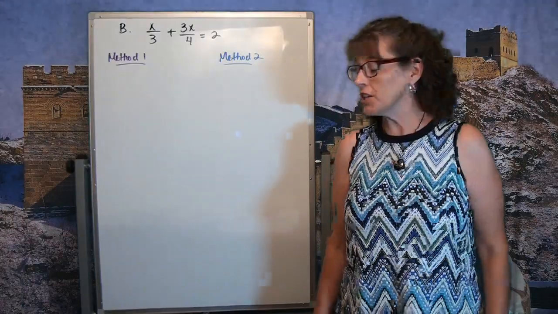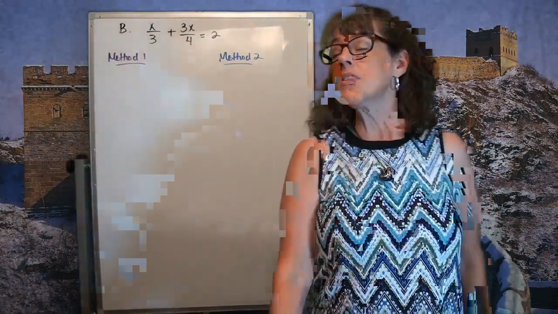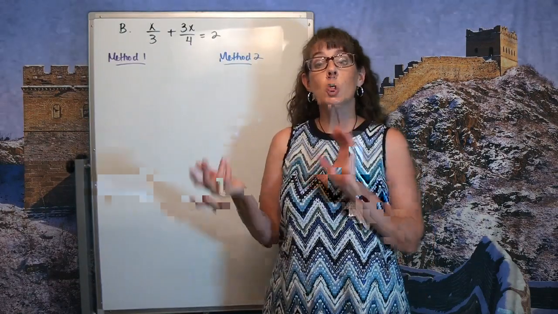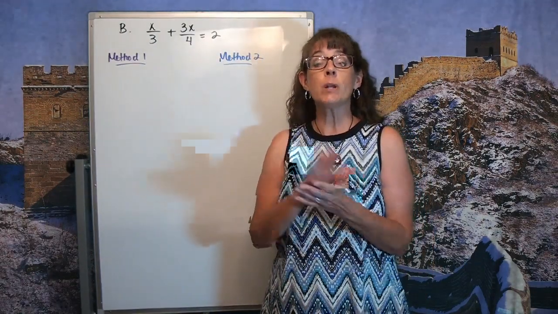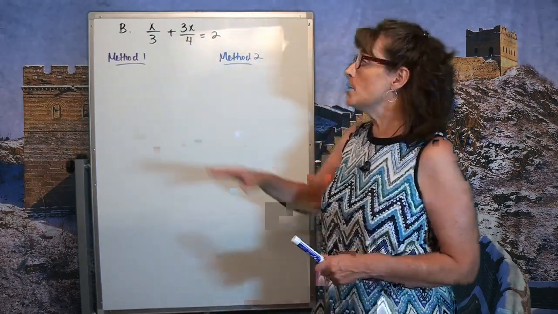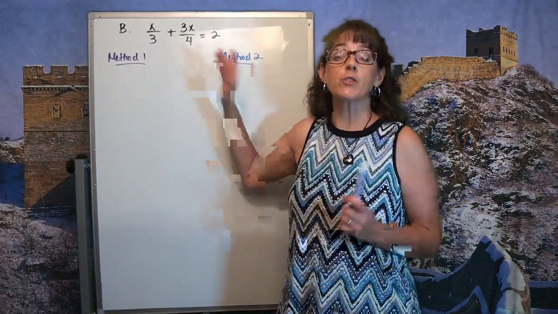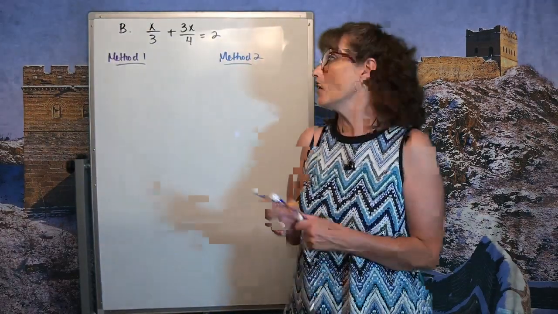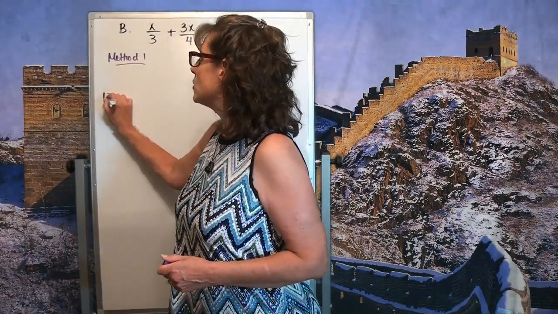Okay, so let's take a look at another example here. Notice that we have yet again a couple of fractions being added together, and so we can use method one, which says that when we are adding fractions, we need to get common denominators. The common denominator for a 3 and a 4 is going to be 12, the smallest number that they will go into. So I'm going to convert everything to 12ths,